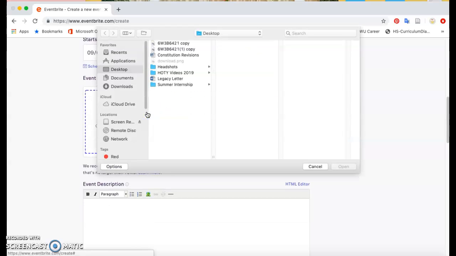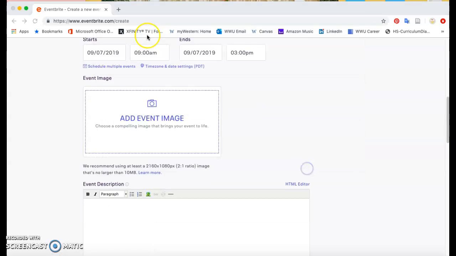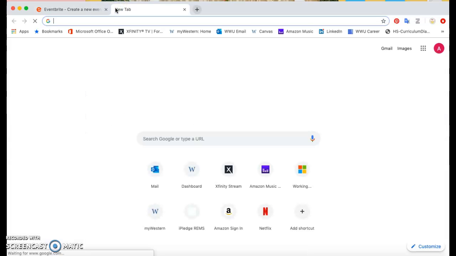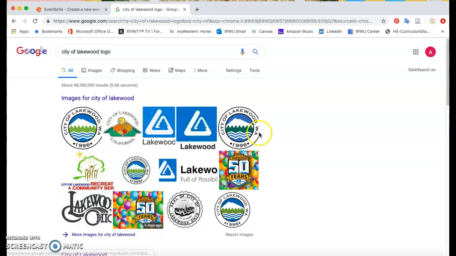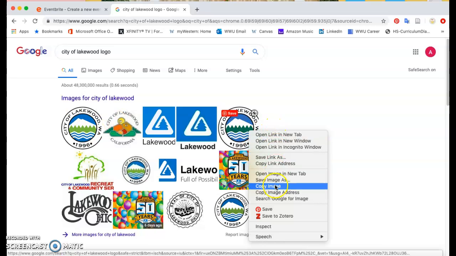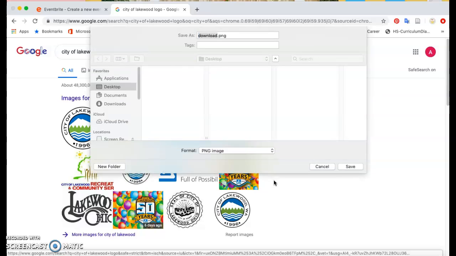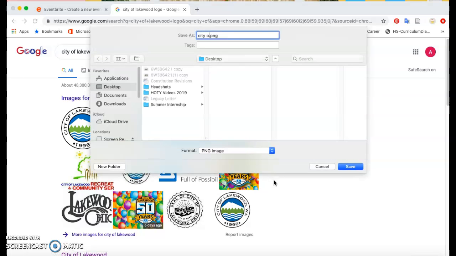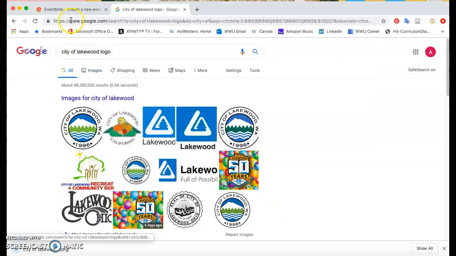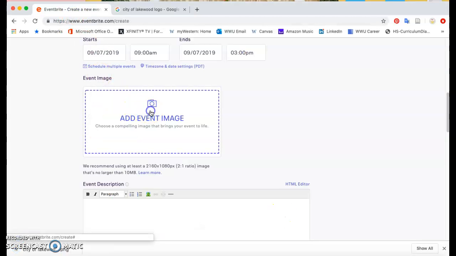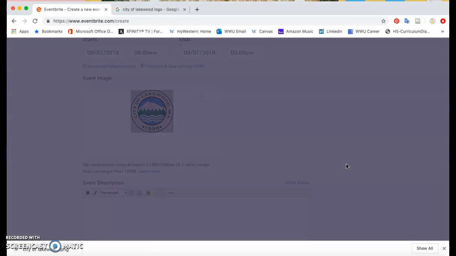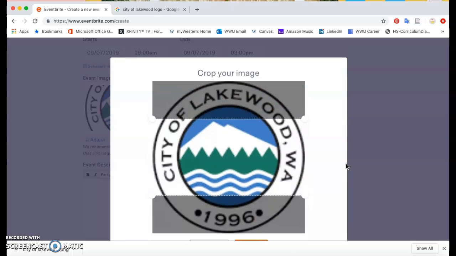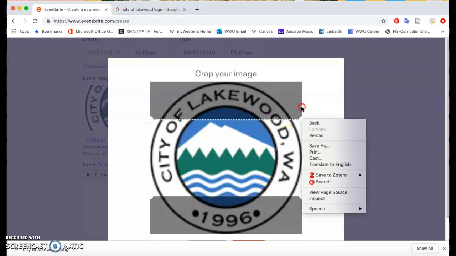Now we are able to add an event image. So let's make it the City of Lakewood logo. Let's do this one. So we're going to save image. Saved. We're going to go back, add event image. Now your event image should be something that pertains to your event, so whether you have a specific poster, the only thing is that